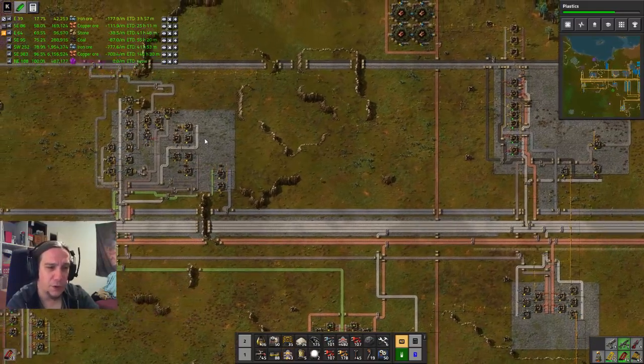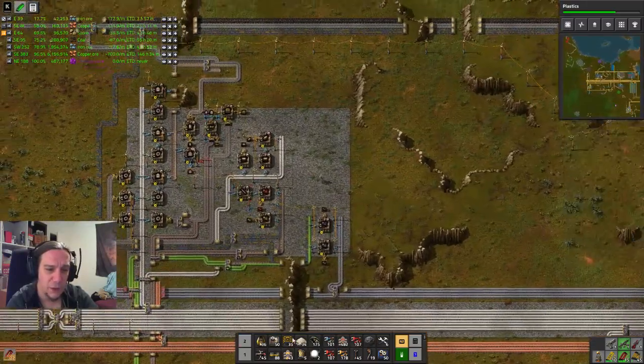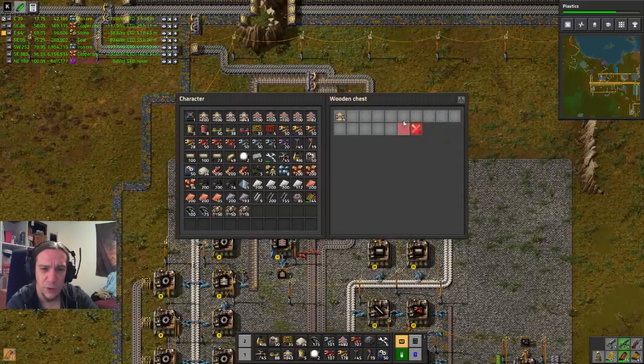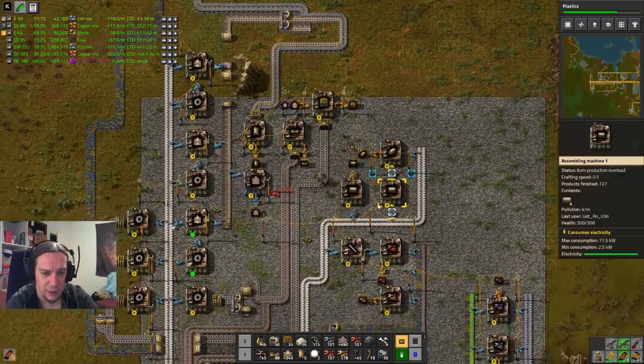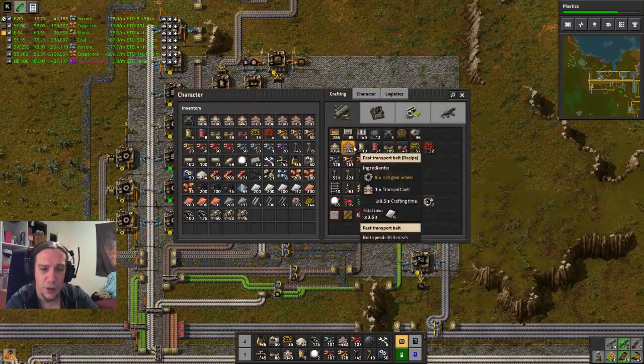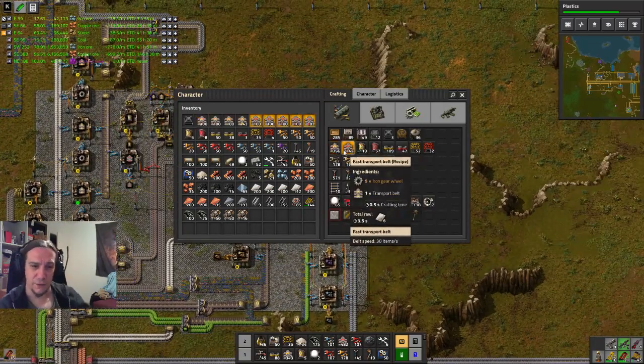I'm going to increase the production of yellow belts as well, because all in all I need a lot of those, so I'm going to enable a 4th stack. And yeah, let's go for the red belt production. So red belts need an array of...